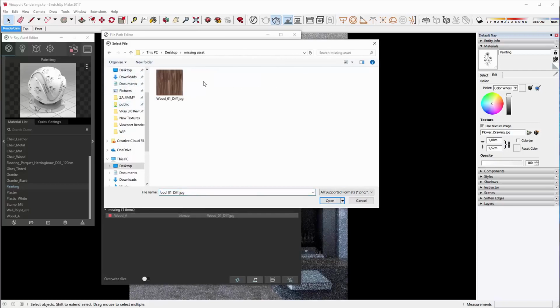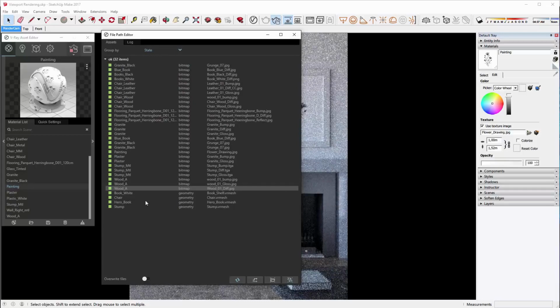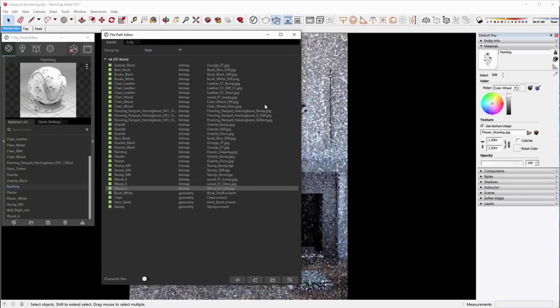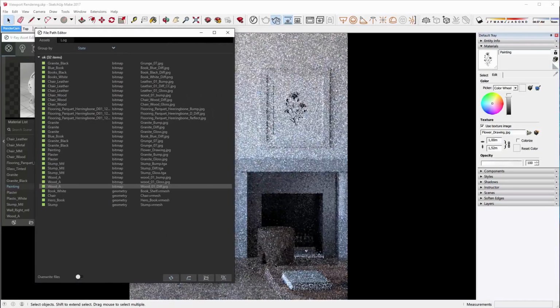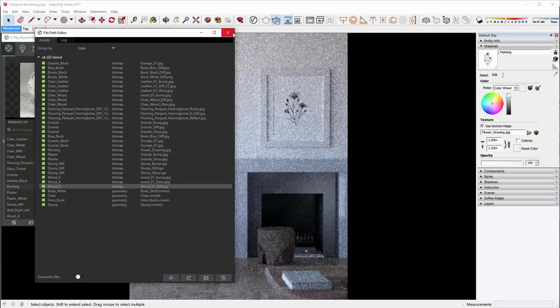It's on the desktop, in the missing assets. Open. And now that texture is okay as well. As soon as we did that, V-Ray updated, and we now have the texture applied to the diffuse of the material. So now every single texture is okay. We can close the file path editor and move on to the next thing.